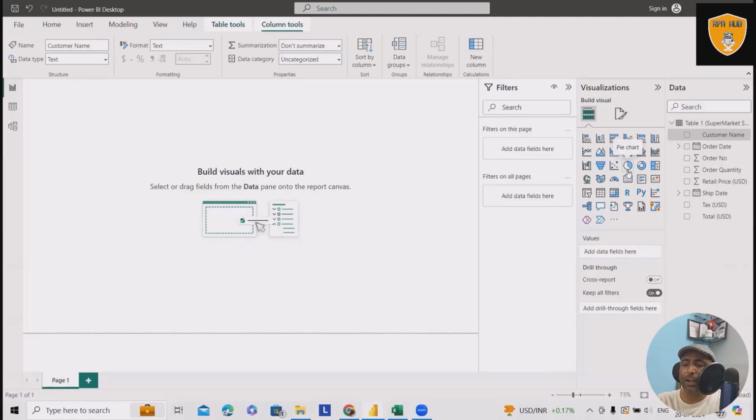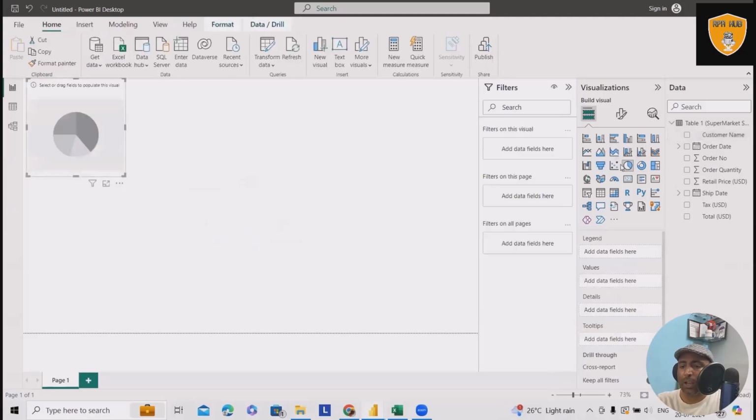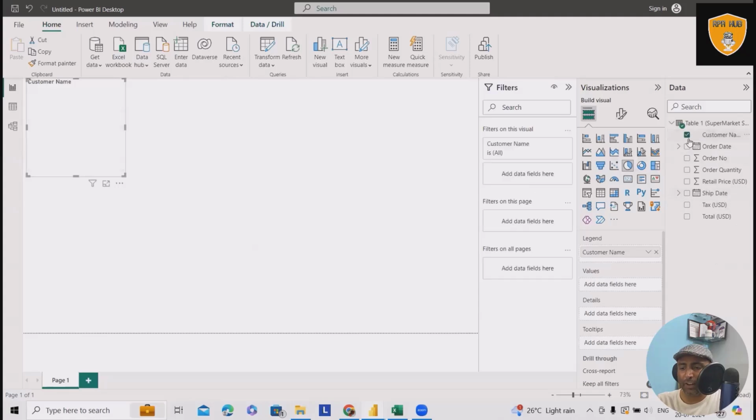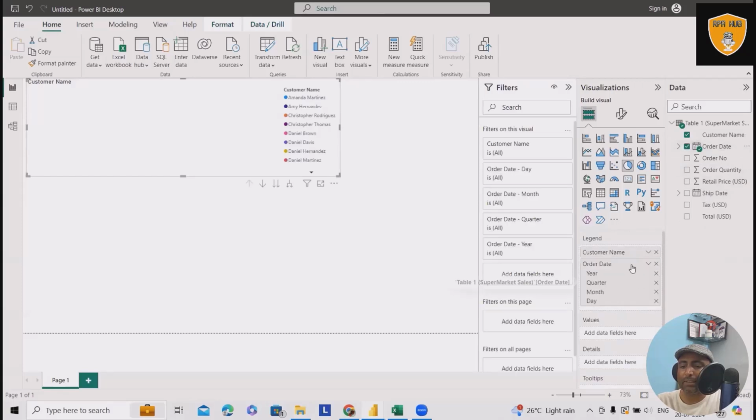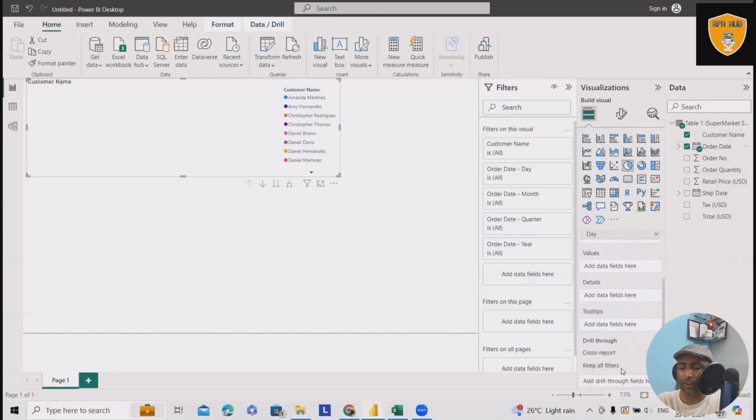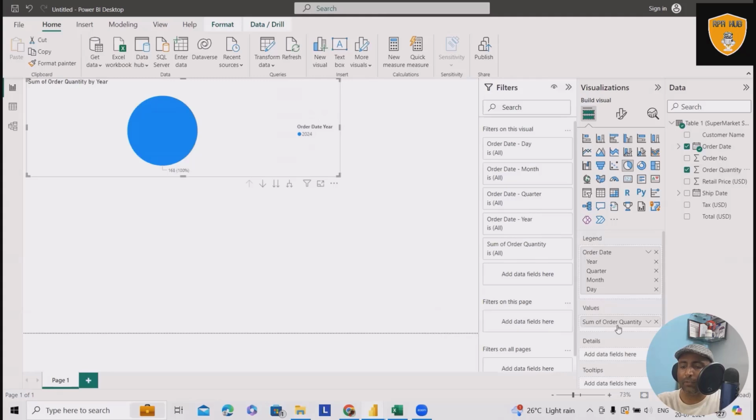Let's consider I want to generate a pie chart. I will just click on this icon and add some set of data. Whenever I select the customer name, I can see the customer data is available in the legend field. Now, whenever I select other fields, I can see these are the fields listed here. Now you can see we have added order quantity here,